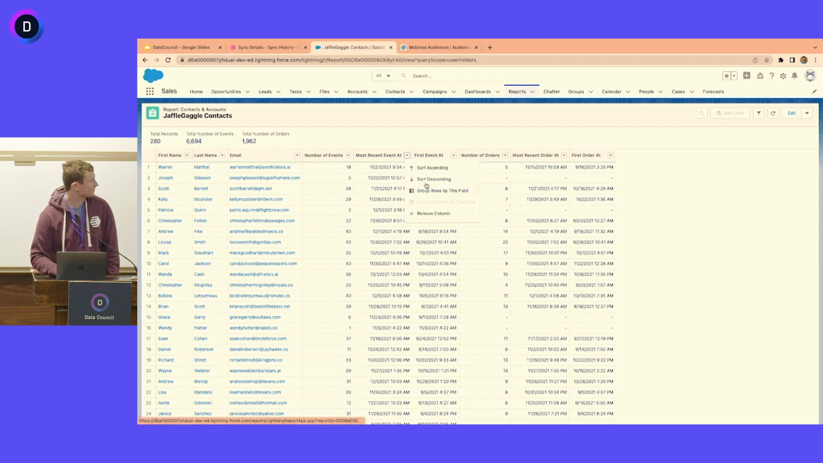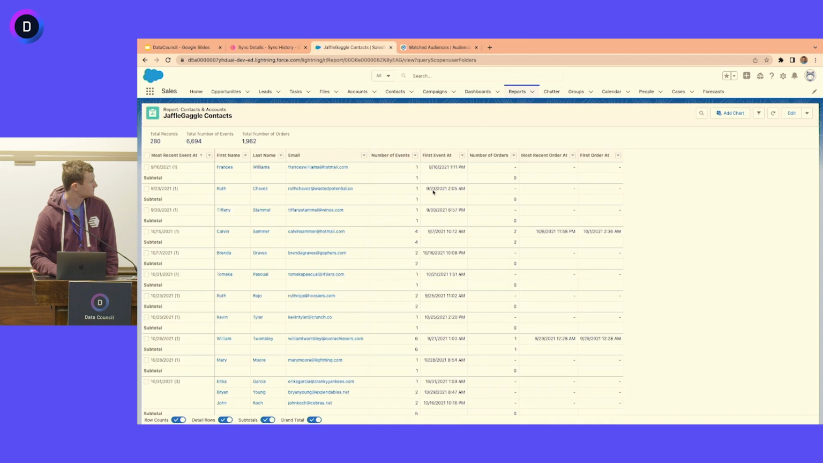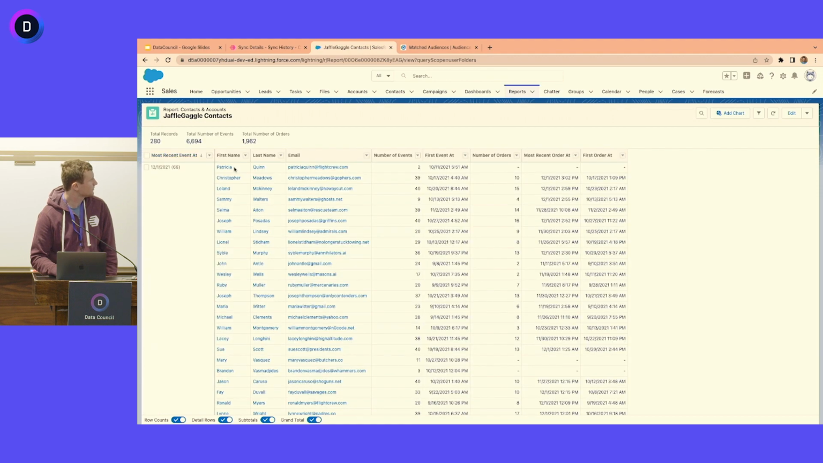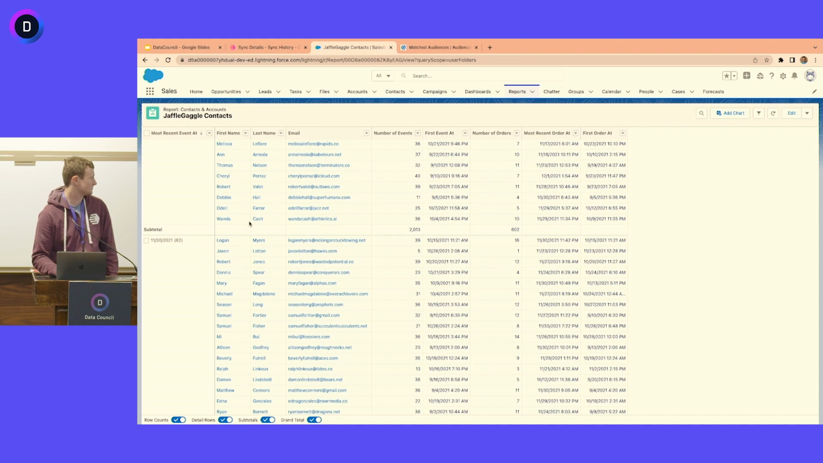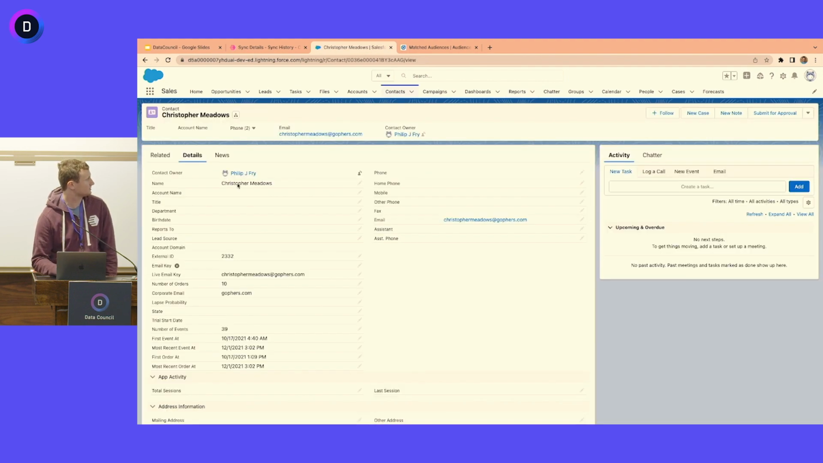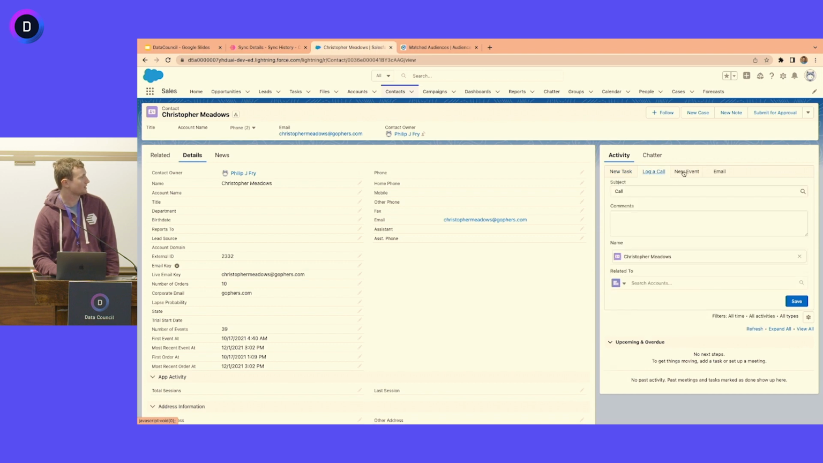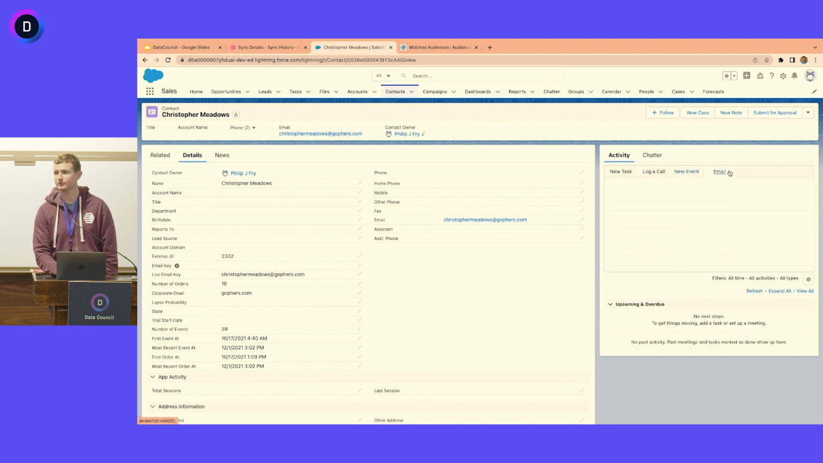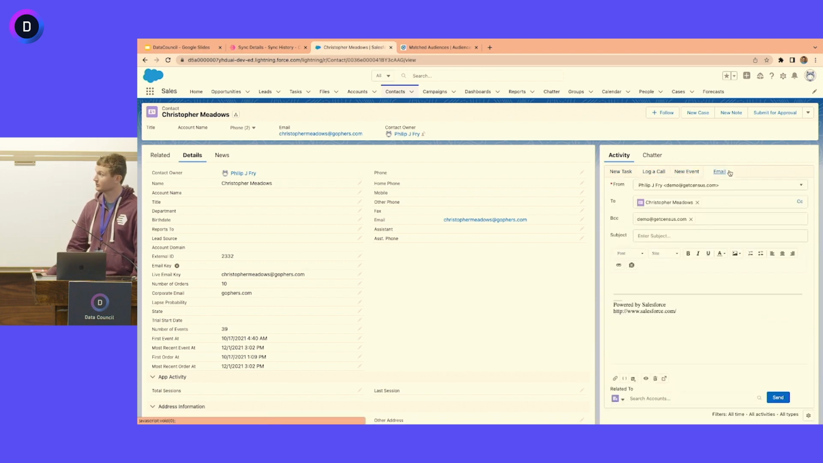So if I wanted to group by the most recent events, that's not that helpful. But this shows the specific days that these contacts, or these users, were actually active. Then I can click into this record and see some of that information, and as a salesperson, I can actually take actions. If I want to log events or add follow-up tasks, I can do that,